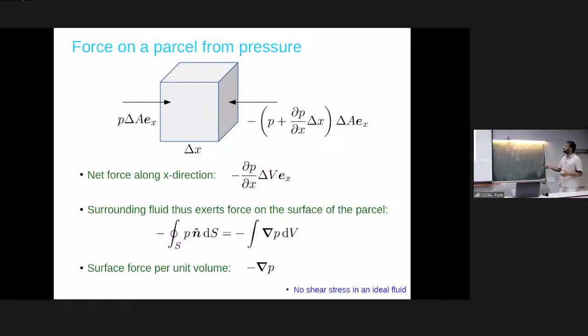what is the force? So let's look at this unit cell. This is now an idealized unit cell. The concept is much more general. You can apply it to an infinitesimal area element and work out your pressure forces. But for ease of discussion, imagine a cube here. On this surface, if there is pressure P at this location of the fluid, what is happening? There is a unit cell here, and because of the pressure distribution in the surrounding medium, it is being pushed and knocked by neighboring fluid elements. The neighboring fluid is pushing on it. As we are speaking, I'm also pushing the air here, right?